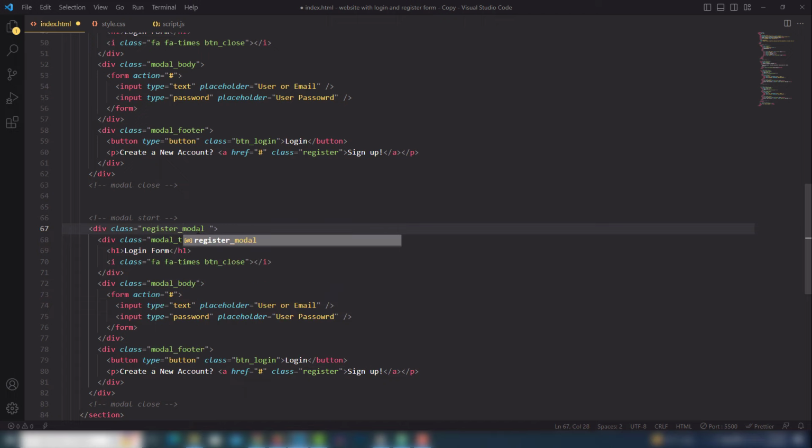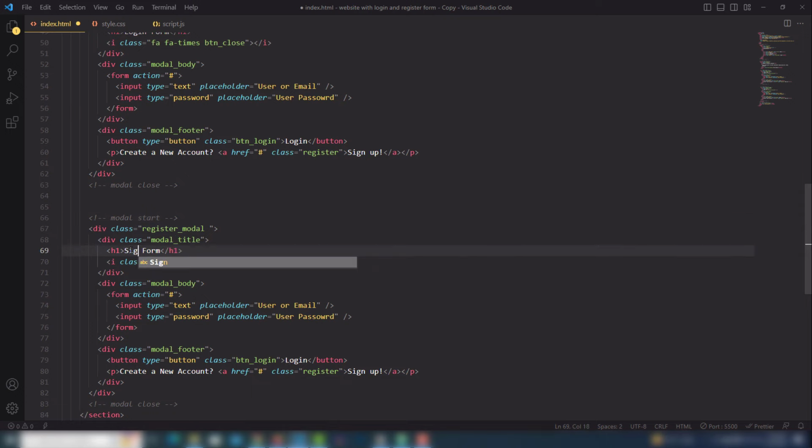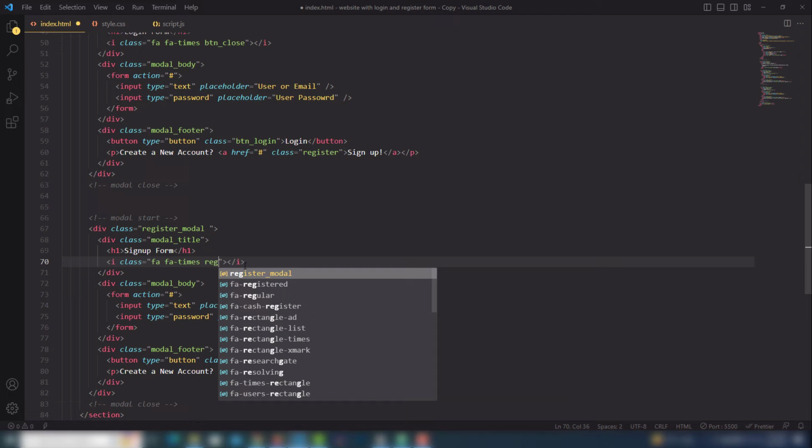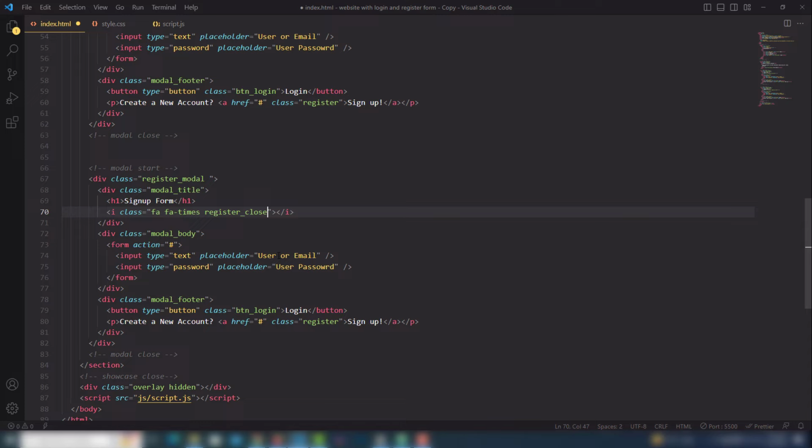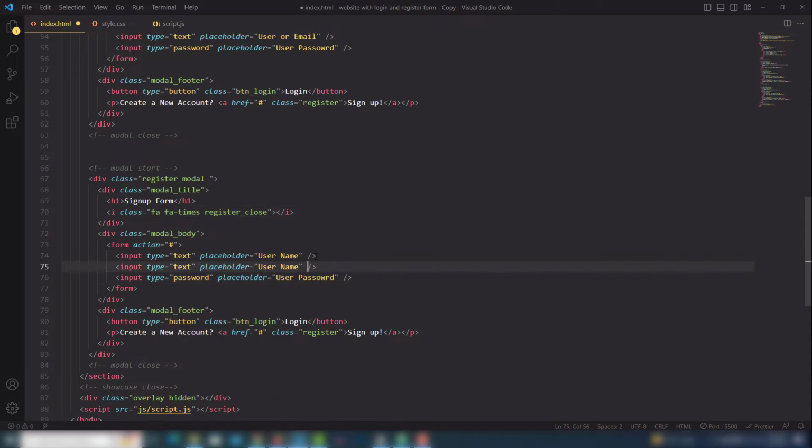Register underscore model, right? And this will be signup form, and then I'm gonna remove this one and use register close btn, and username, this will be username, user email, and this will be password, right? This will be sign up, and btn